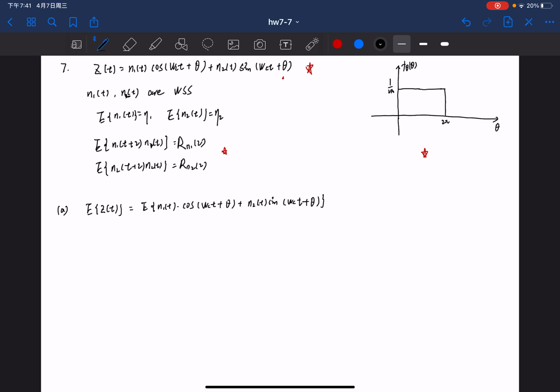And we can expand this expression. It equals the sum of two parts. The first part is the expectation of N1(t) multiplied by cosine(omega_c t plus theta). The second part is the expectation of N2(t) multiplied by sin(omega_c t plus theta). And for the first part, because N1(t), N2(t) and theta are independent,